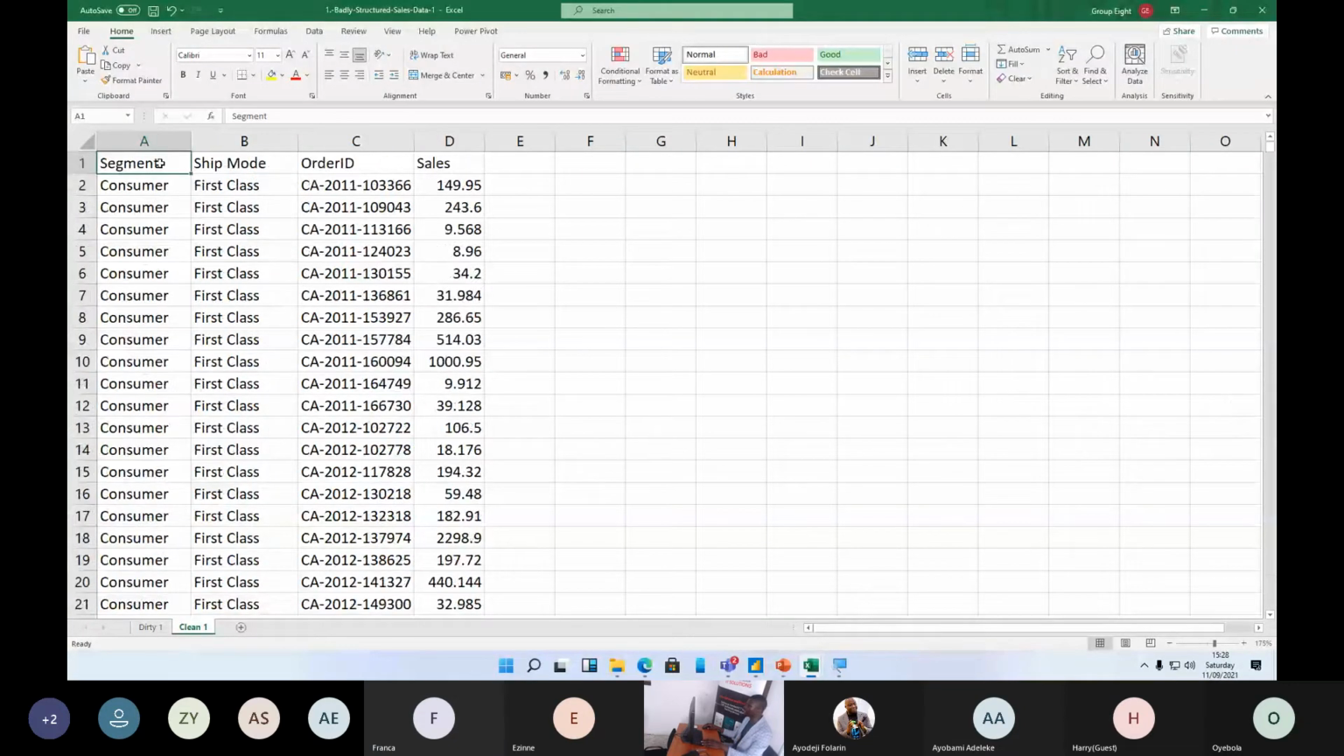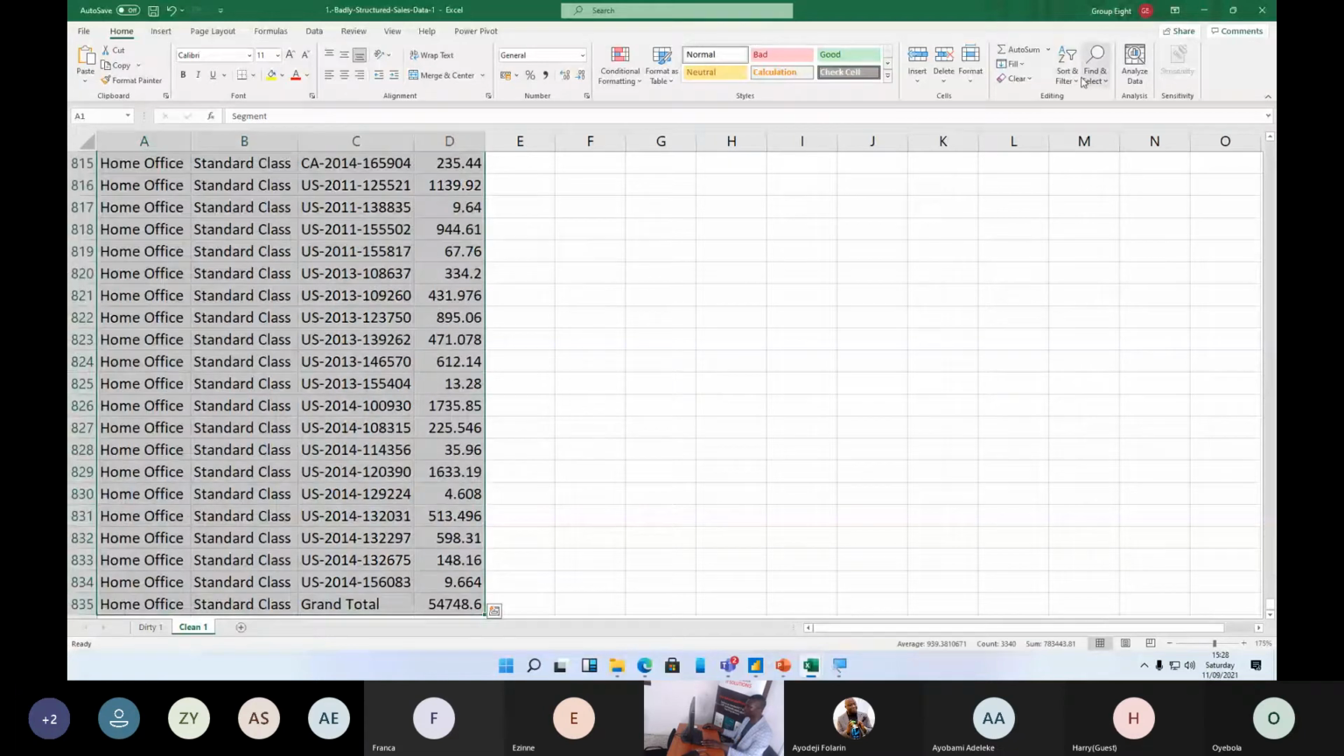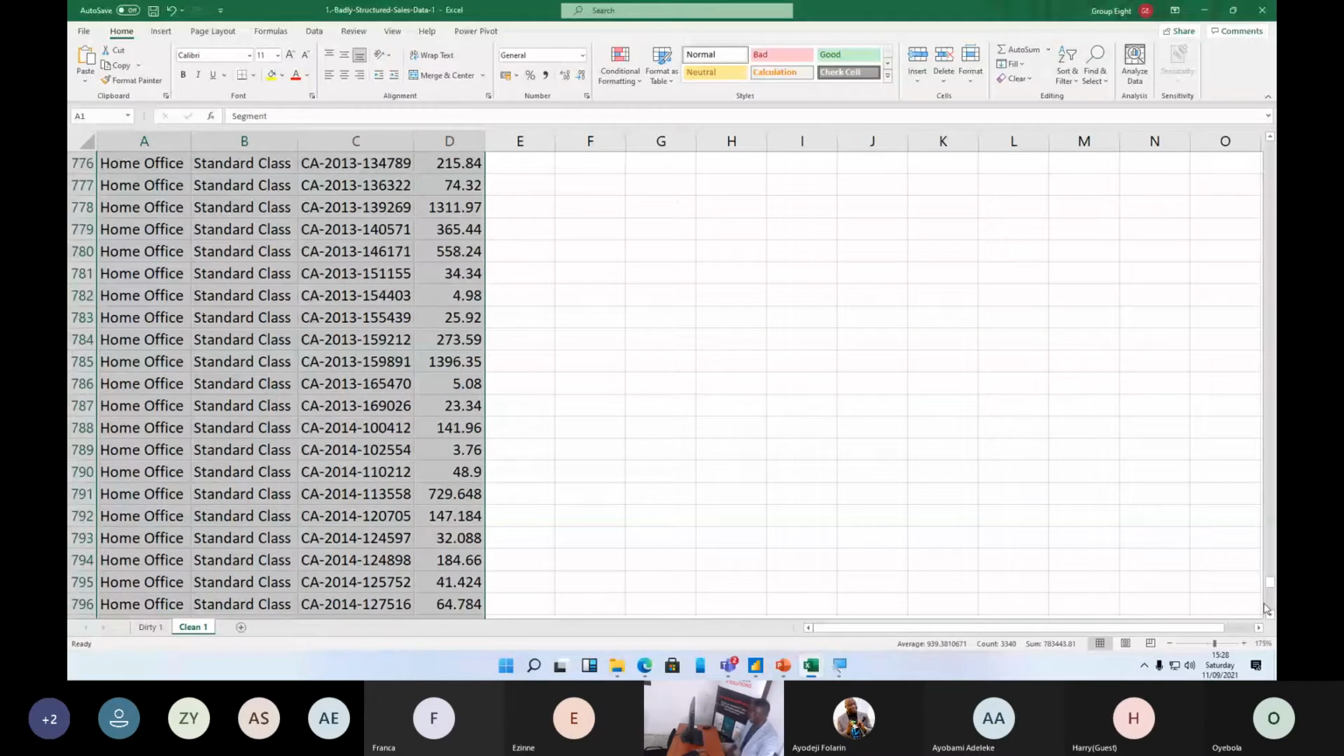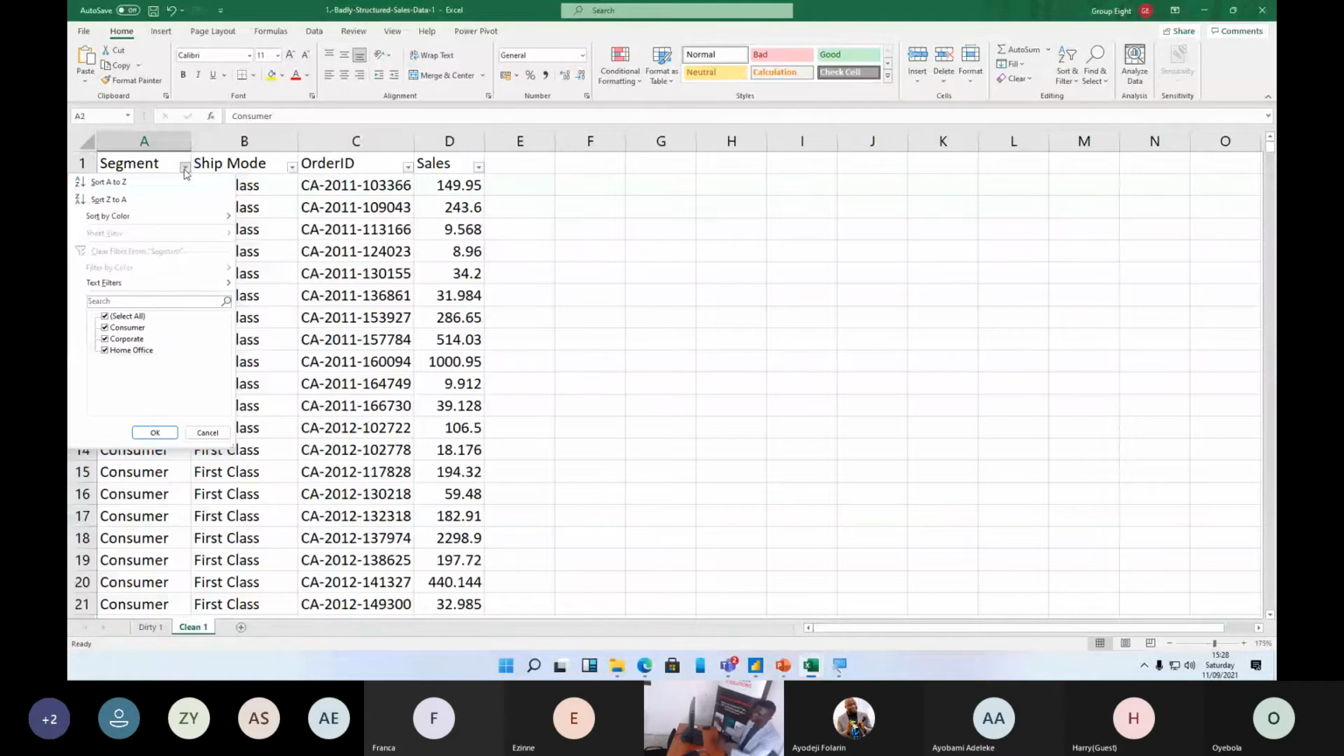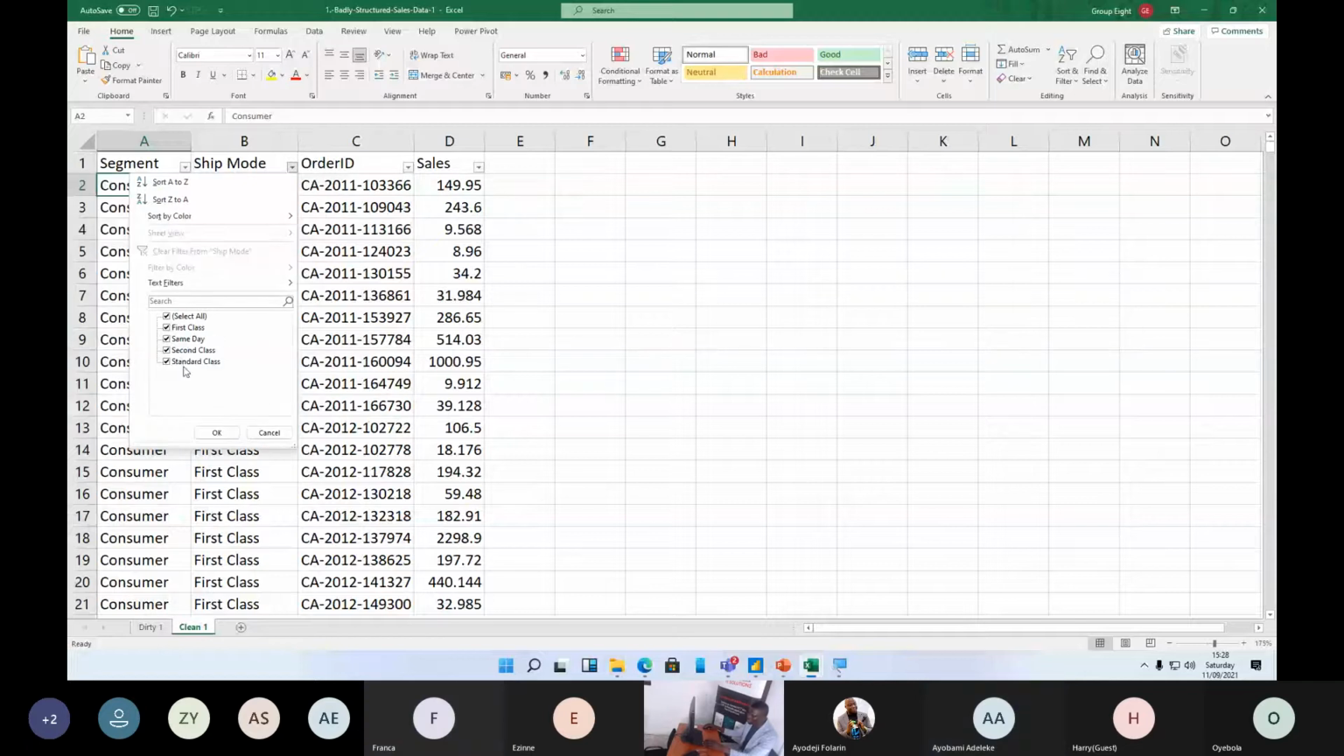Let's filter these guys. Okay, the segment column are filtered. We have consumer, corporate, and office, home office. Okay, beautiful. Then filter on the ship mode. Let's see as well. Okay, we have first class, same day, second class, and standard class. Beautiful. So what it tells us is that the total columns that we see in Power Query have been taken